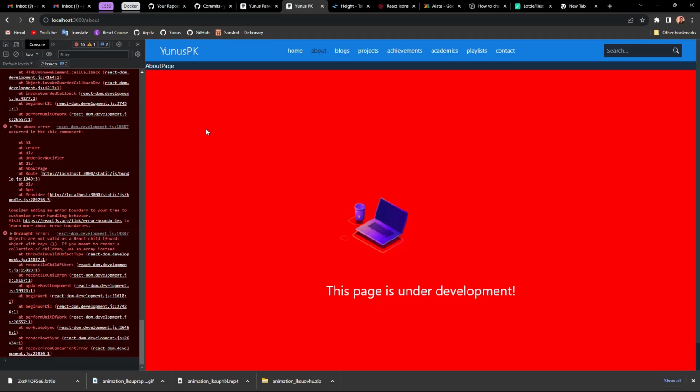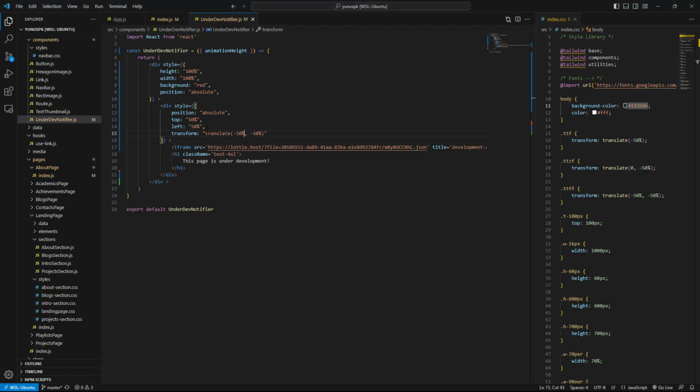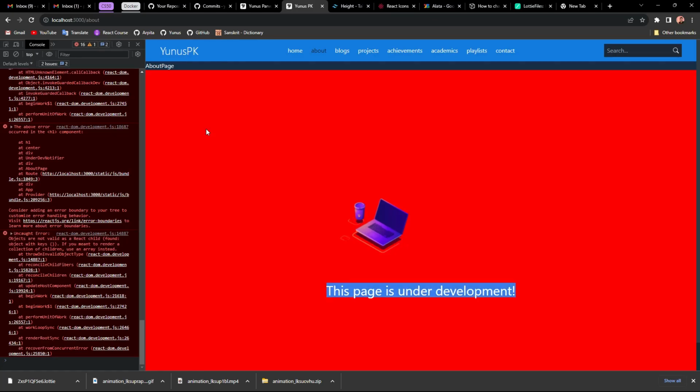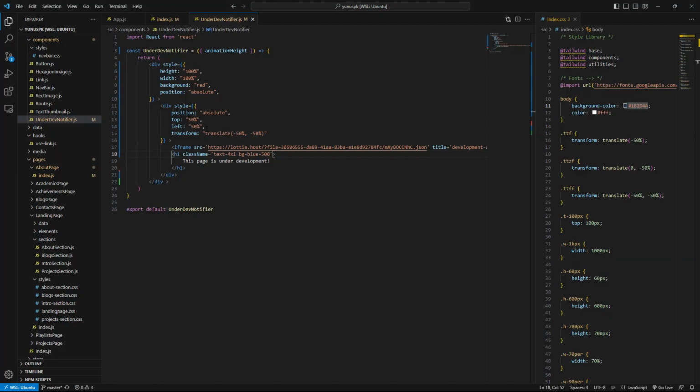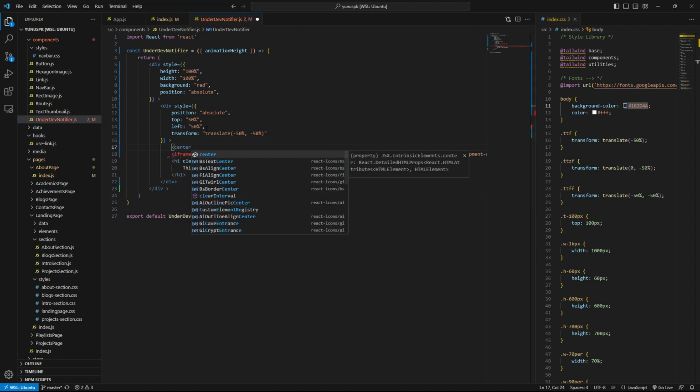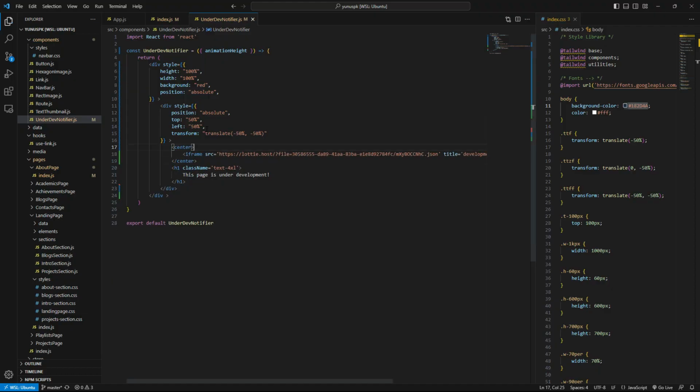Now we're gonna have it in the middle. We have it in the middle, but the problem is that it doesn't seem like it's in the middle. Okay, now we can use the center here for the iframe only.